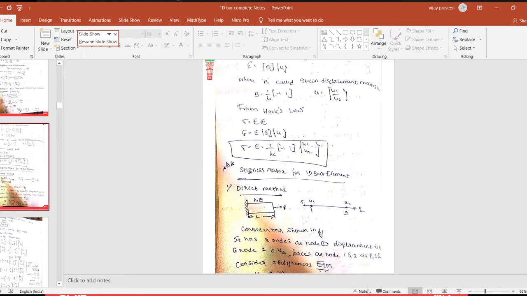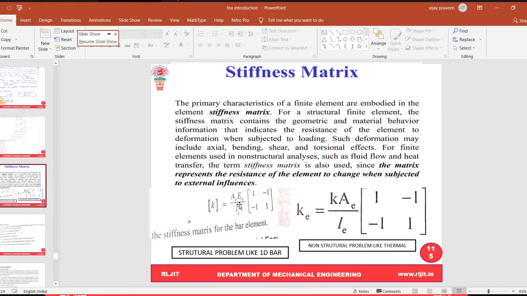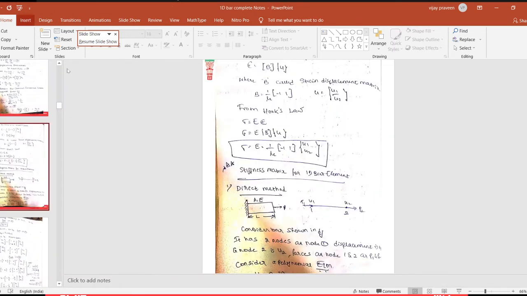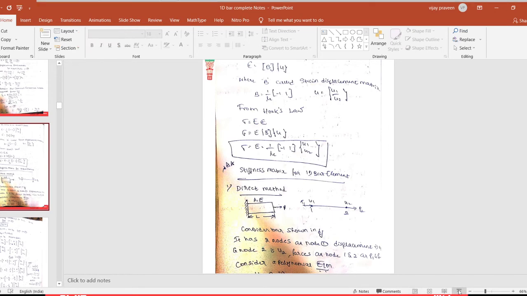Now we are going to derive this one. What I discussed here, the example given for the 1D bar element, A by L [1 -1; -1 1]. This is for the 1D bar element. How we got that is what we are going to derive now: the derivation of the stiffness matrix. This stiffness matrix is going to be derived by two methods. One is called the direct method. Another one is called